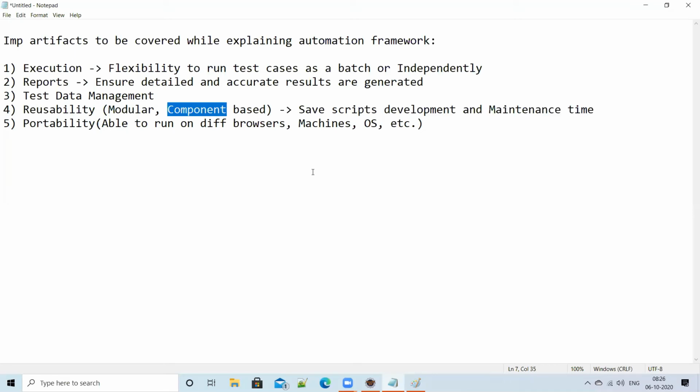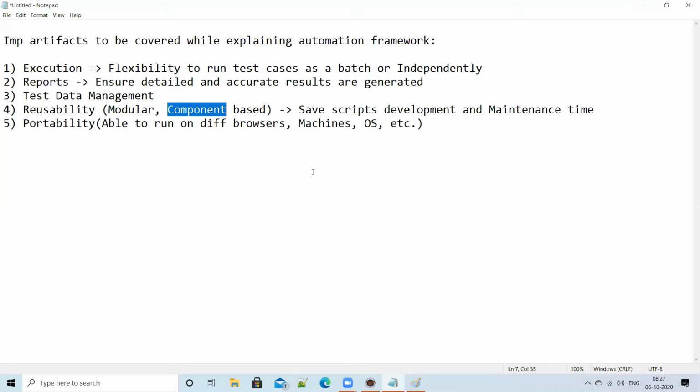That component might be used in different classes or different test cases, so it will be automatically reflected. That's the advantage of componentization. So this is called componentization.